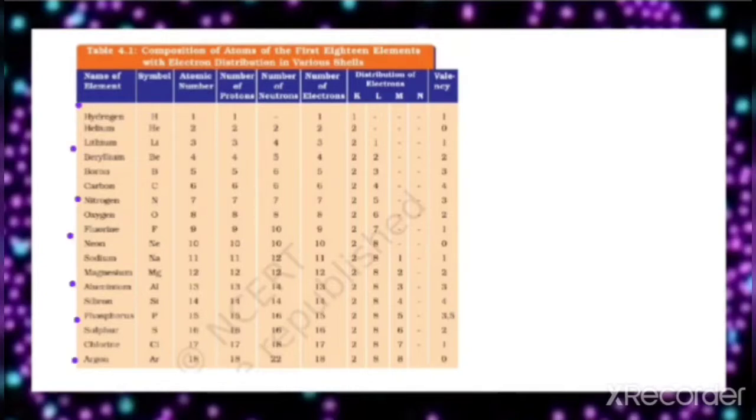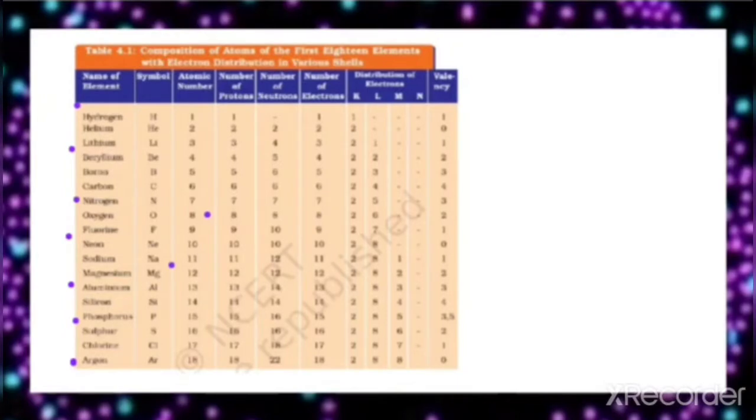When you learn the sequence, that is from hydrogen to argon, better count on your fingers: hydrogen, helium, lithium, beryllium, boron, carbon, nitrogen, oxygen. So oxygen is coming at the 8th finger. So 8 is the atomic number. Oxygen 8. So it is very important to remember the atomic number for the elements hydrogen to argon.